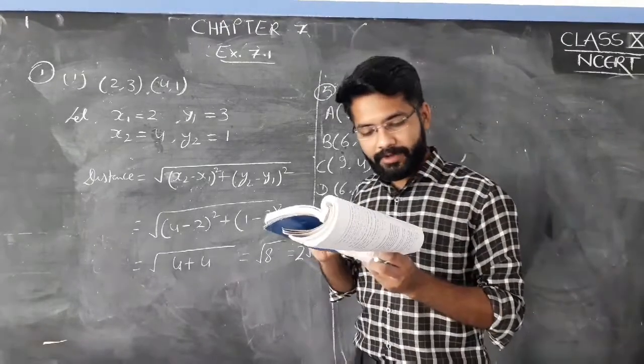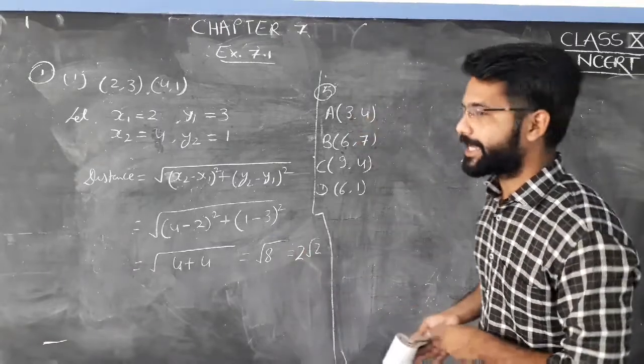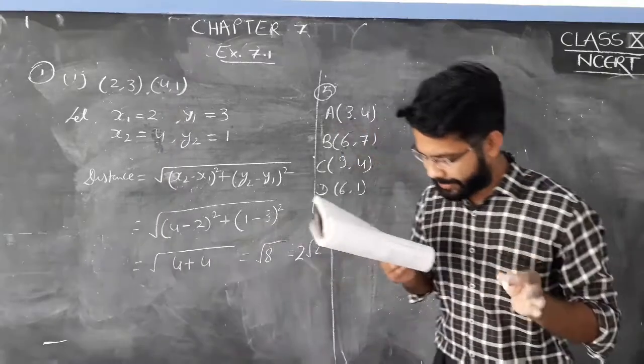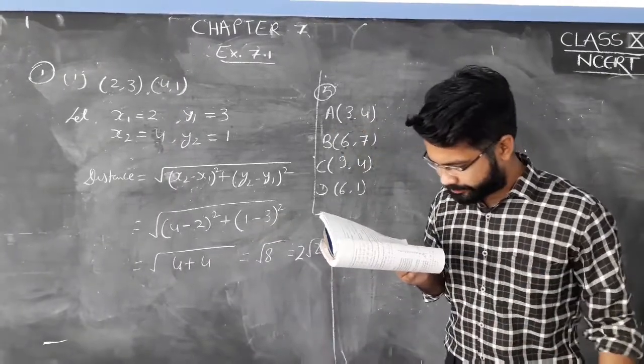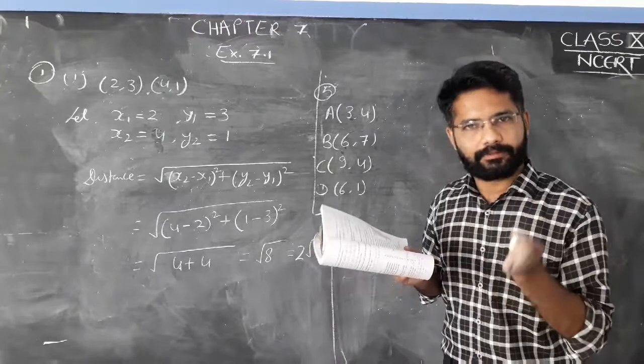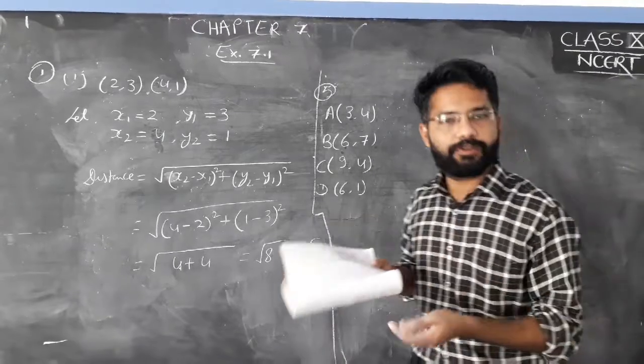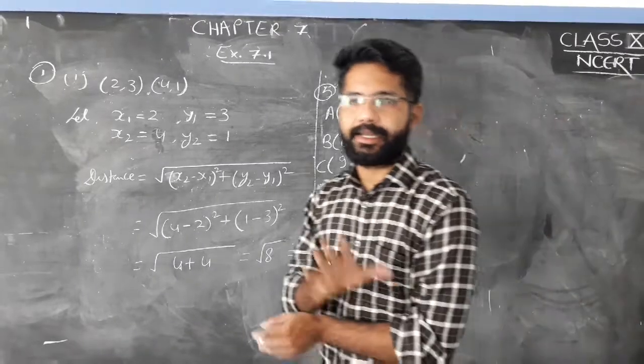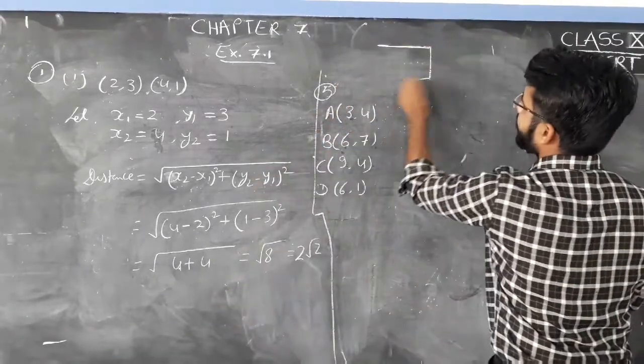Using the distance formula, find which of them is correct. तो आपको चेक करना है कि इसमें कौन correct है. If it is square, then Champa would be correct, and if it is not square, then Chameli would be correct. Okay, for square, सब में करना क्या है? Distance find करना है.